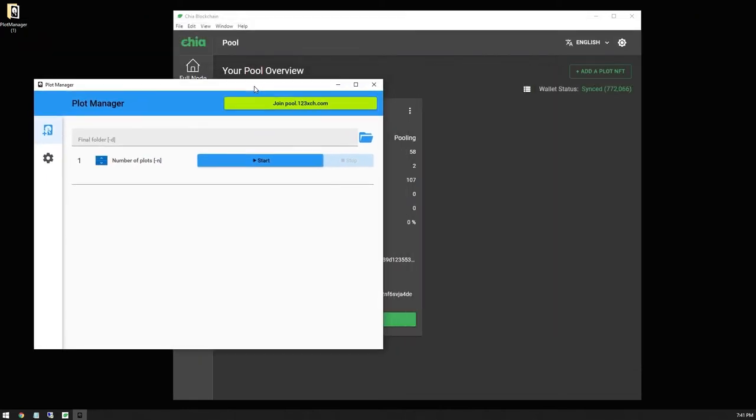And so from here, we are going to do the following. In your final folder, this is going to be your destination folder. This is where you're going to put the letter of your drive or of your storage. So once you've done that,